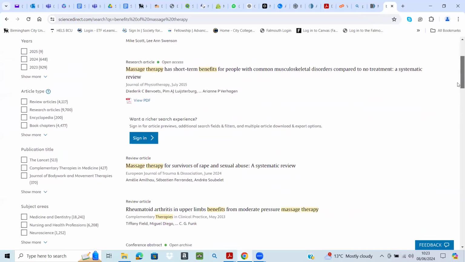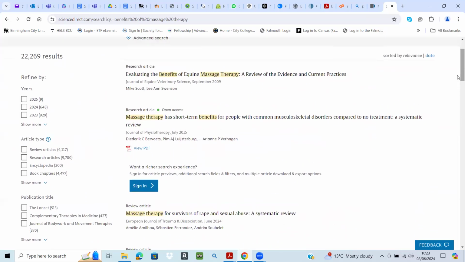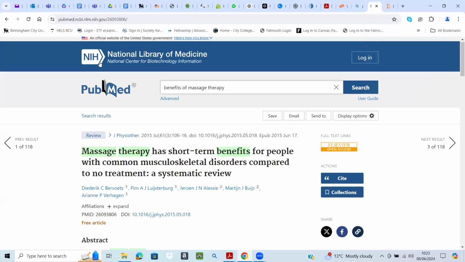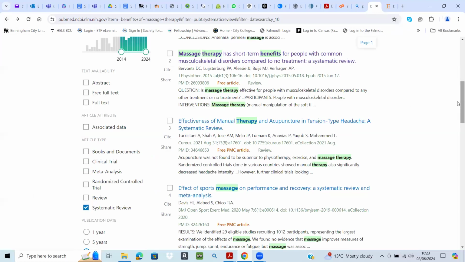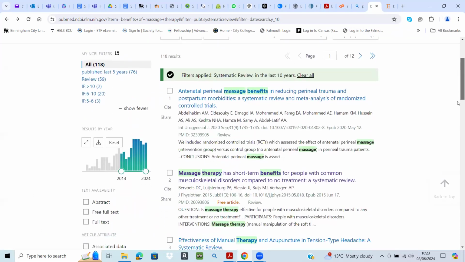So I'll narrow it down, and I'll go for the more recent research. If you notice, the layout is different at Science Direct. Previously, when we were using PubMed, you have the option here to select last 10 years paper. Then I went for the systematic reviews. I selected this option and I selected this option. Then I have narrowed it down to 118